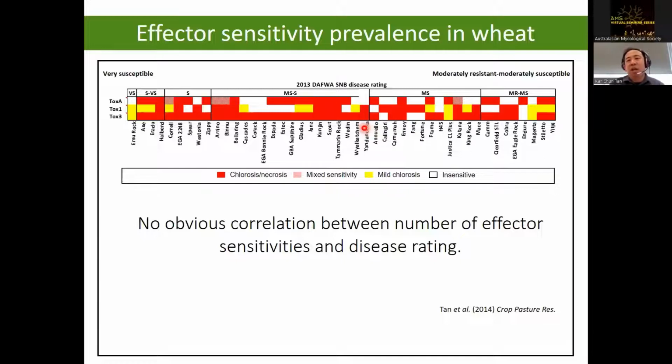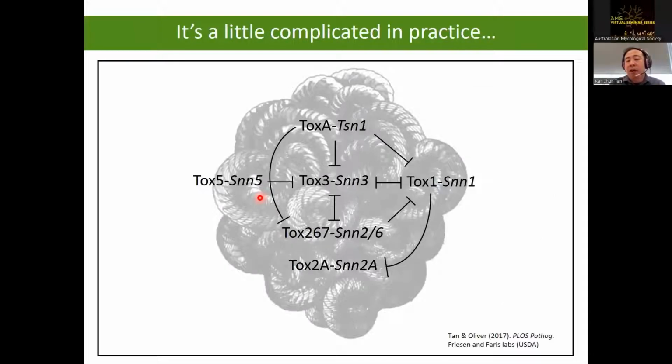So for a long time, we were wondering, why do we not see some of these interactions in the field? And we don't understand it. I guess we essentially took quite a lot of this criticism and feedback on the chin to try to figure out why this is the case. It turns out some of the studies that we performed in our lab, but also with a couple of collaborators in the States, Tim Friesen and Justin Faris from USDA, showed that the whole effector-receptor interaction is probably a little bit more complicated in practice,